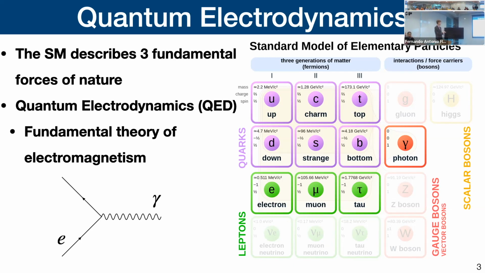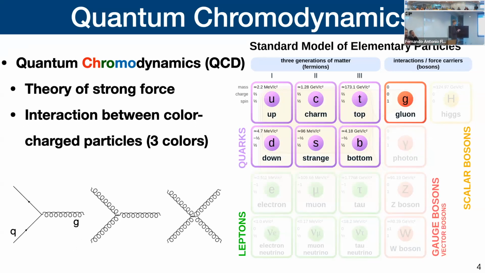But we also have a theory for the strong interaction. The theory for this is known as quantum chromodynamics. It's called quantum chromodynamics because it describes the interactions of particles that have so-called color charge, which are shown here, the 6 quarks and also the gluon, which is the force carrier. And QCD is interesting because not only does it have this vertex similar to QED, but also the gluons are able to interact with themselves. And in fact, this gluon interaction leads to very non-trivial behavior of QCD and makes it very interesting to study.